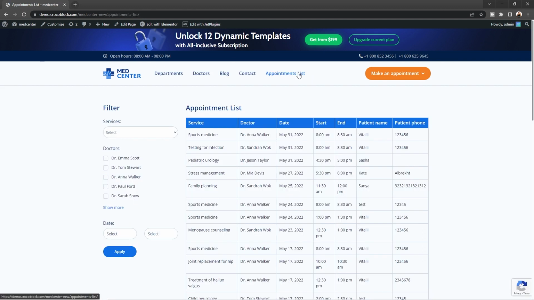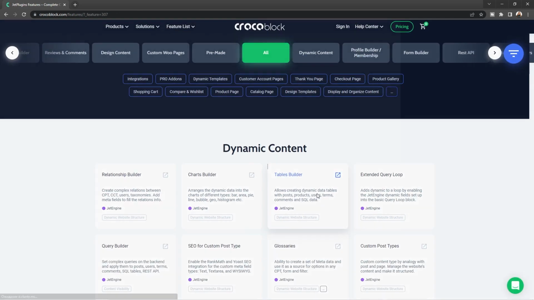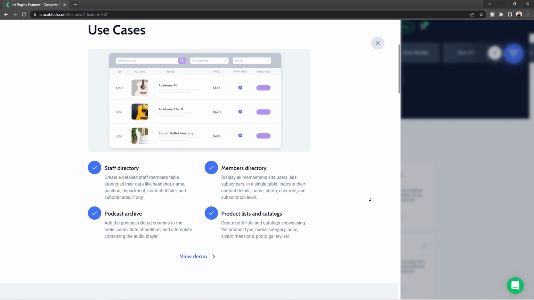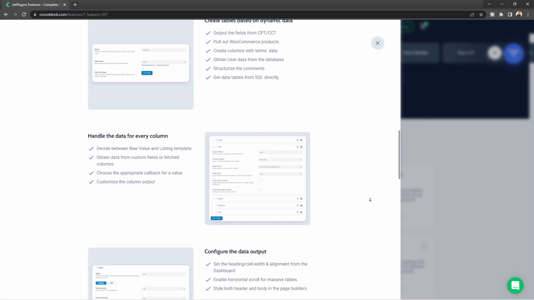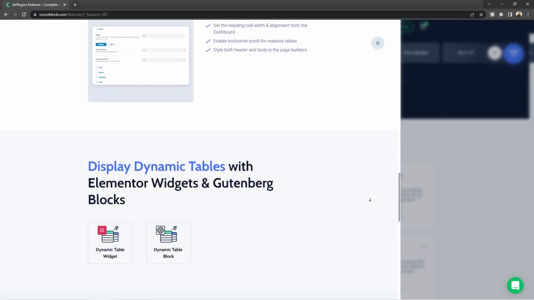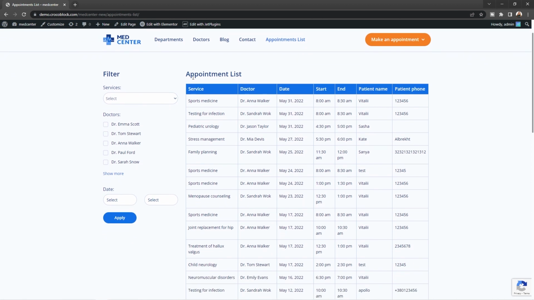So basically, this page displays a table built with the help of Dynamic Tables Builder external module for Jet Engine and queried with the help of Query Builder functionality to get required information from the SQL database. So as you can see, this table shows some basic info about scheduled appointments such as service title, name of the doctor, date the appointment is booked for, start and end time, and patient's name and contact phone number he